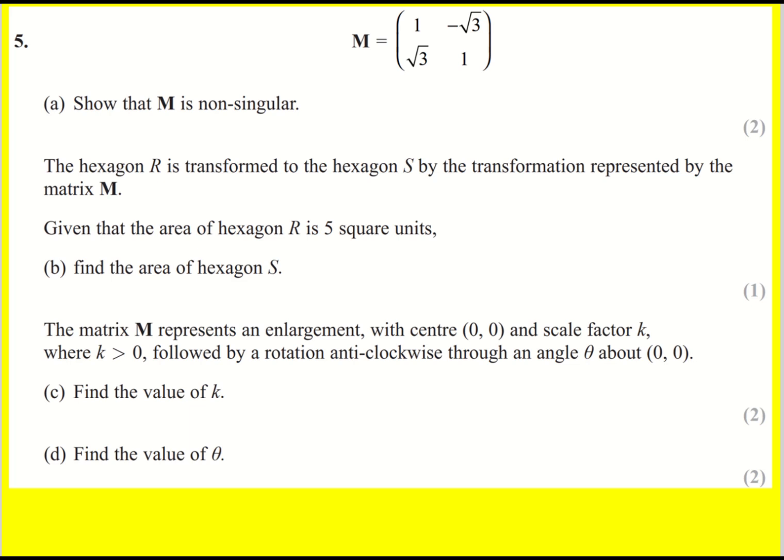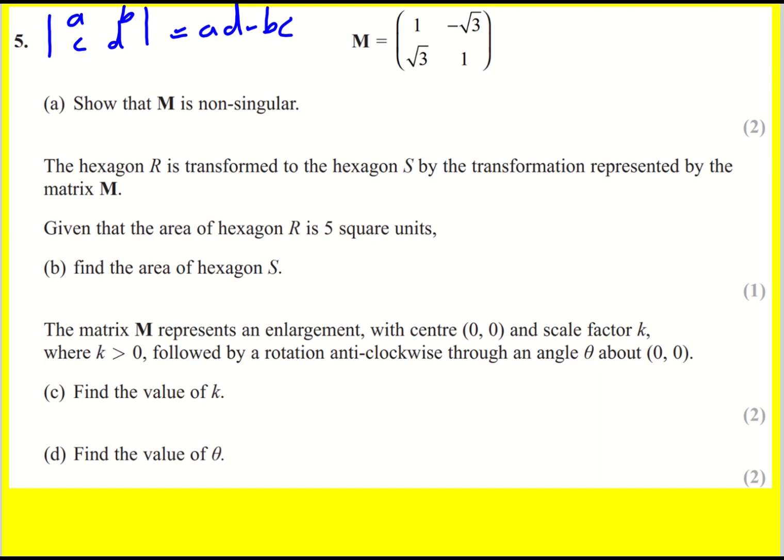M is this 2 by 2 matrix, and we're asked to show that it's non-singular. In other words, it has an inverse, but to show it, we show that the determinant is non-zero, because to get the inverse, it's 1 over the determinant. Just a reminder, the definition of the determinant for this matrix A, B, C, D, we put lines down there like this to show that its determinant is AD minus BC, and it has many uses, including the inverse, but